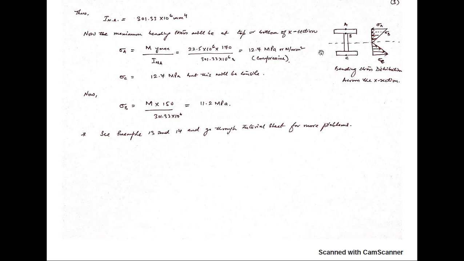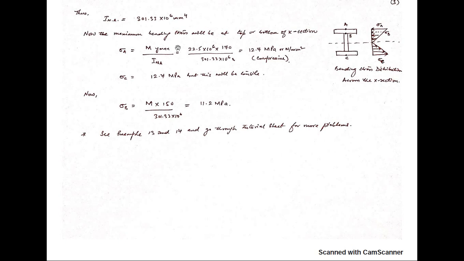And what is this basically? At this particular point A, you have to calculate stresses at the farthest reach, meaning at the top of the beam or the bottom of the beam, and where the section is changing. So this is also an important point, where the section is changing. This is at B. For sigma A, it will be the topmost point, so y will be y max, and y max is d by 2 basically. Then M, y max and I, and this is how you can calculate by putting in the values. It will be compressive in nature. And at C it will be the same.